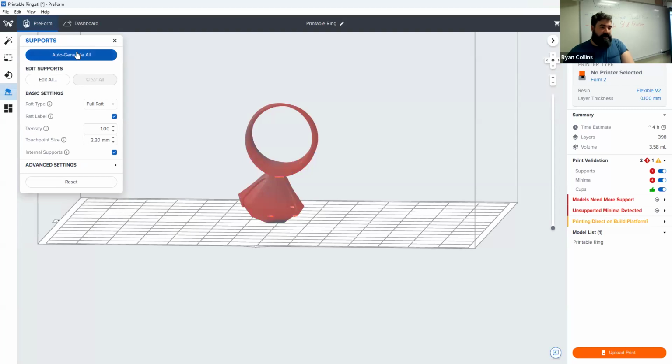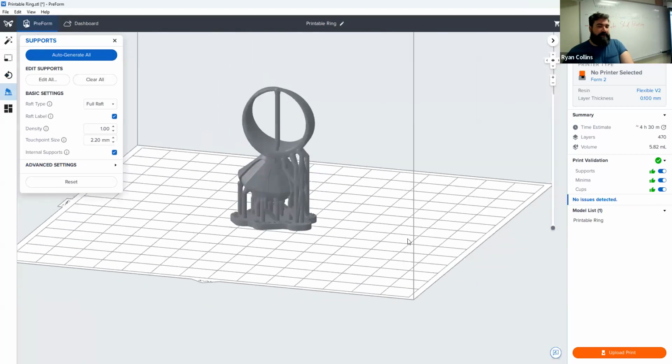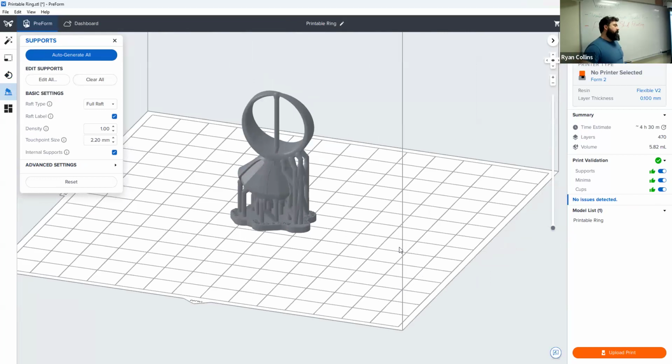Supports, auto generate supports. You have to have supports on this. Now, what it's going to generate is this whole little scaffolding system. It's kind of a blend of what we were working with, the standard supports and the organic supports. Newer versions of PreForm that go with the newer printers will allow for organic supports, I believe,